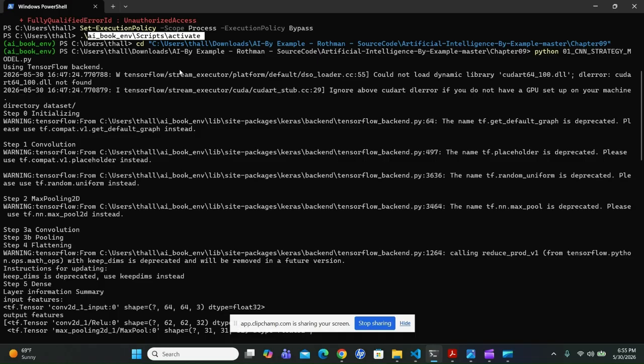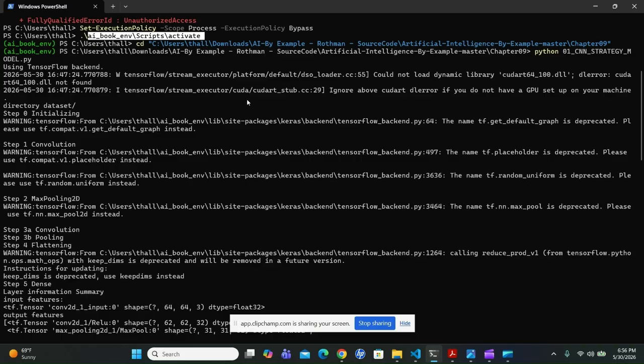And then I'm navigating to a particular folder where I have my training and testing sets located. All the training and testing images are located in this location, so I'm navigating to that location. Navigating to the working directory is essential because the script relies on relative paths for loading the training and the testing images. Next, I'm executing the CNN training script.